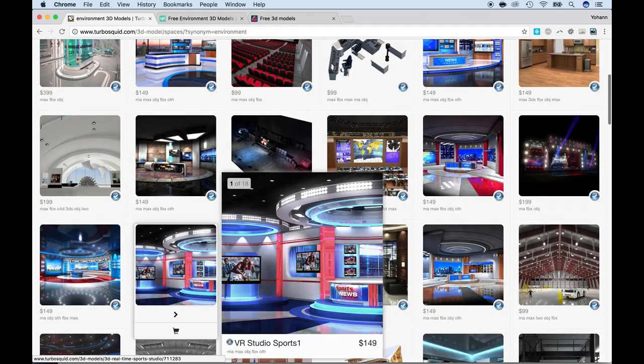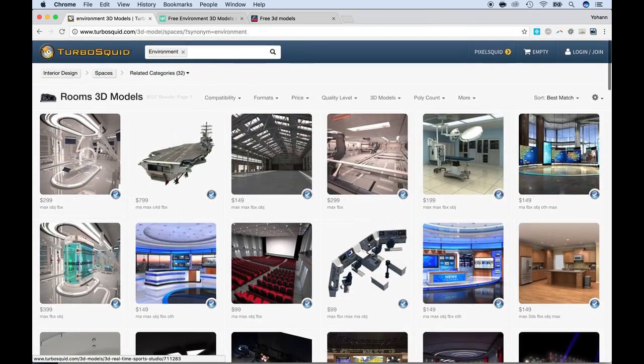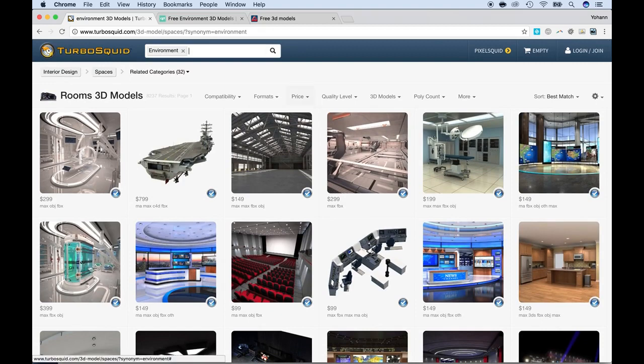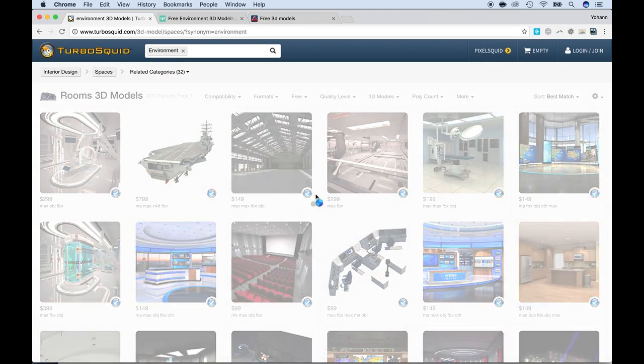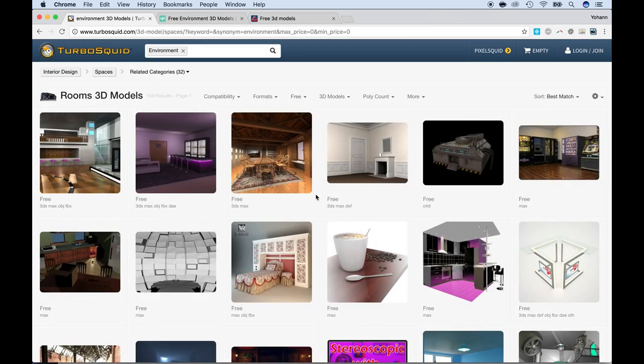But that's not what we want to do here, so I'm going to go with the free ones. So let me show you how to do this. Click on price and change the minimum to 0 and the max to 0 and click on apply, and only the free ones will appear. Isn't that amazing? Alright, cool. Before I start adding these to the game, I want to show you other websites as well. So here is the second one,